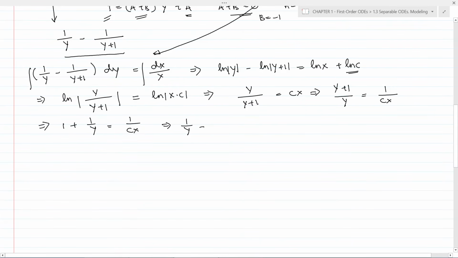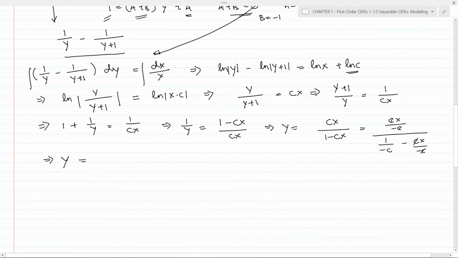1 by y is equal to 1 minus cx divided by cx, and y is equal to cx divided by 1 minus cx. We can divide the numerator and denominator by minus c, and we can write this as cx divided by minus c, whole divided by 1 by minus c minus cx divided by minus c. From the numerator we see that the c terms cancel out, here also the c terms cancel out, and this can be simplified to